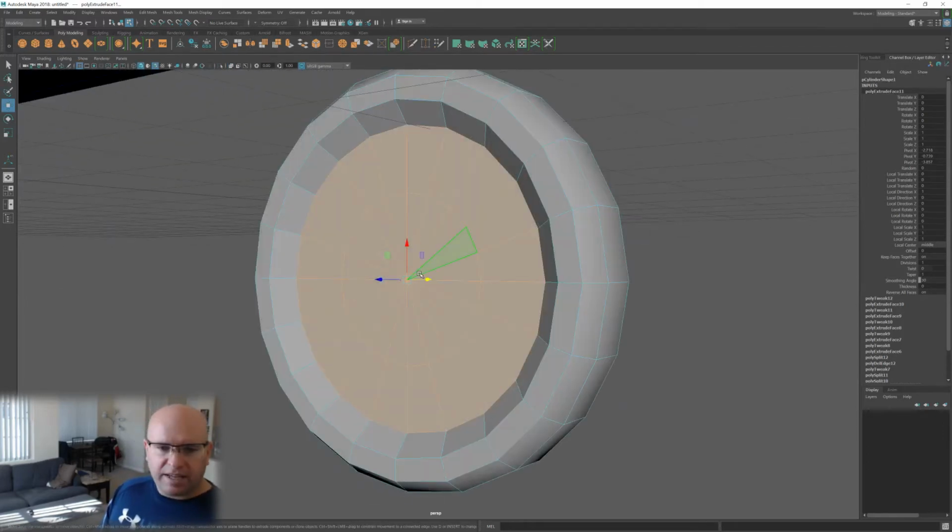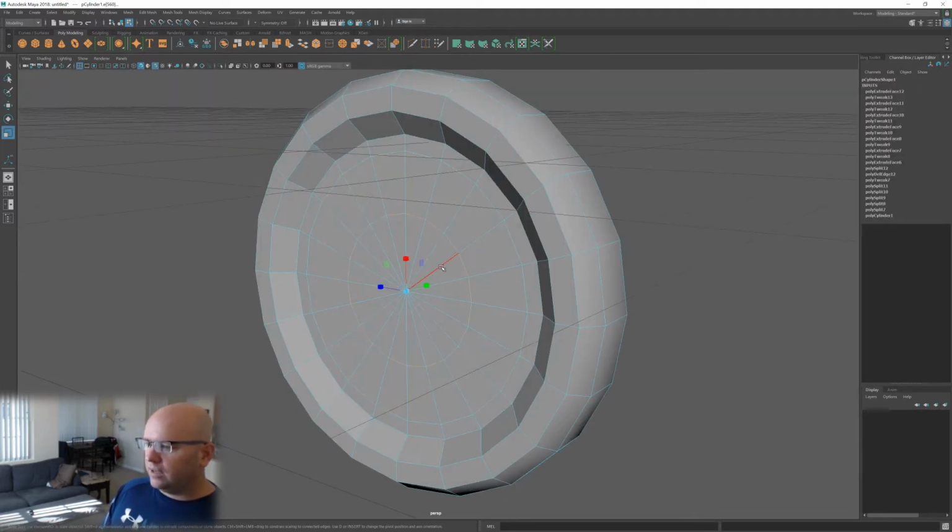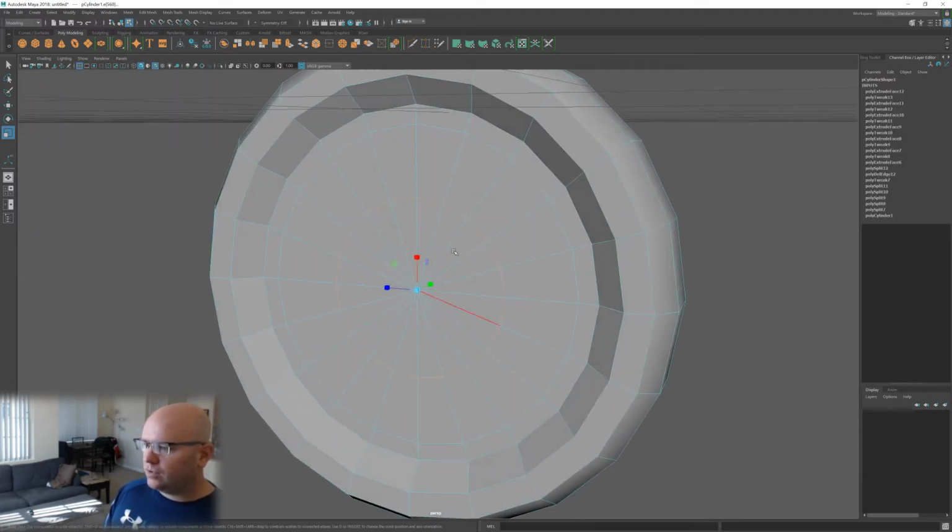So I'll extrude in a bit like that, and then I will, again, shift right click extrude. Hit the scale tool, pull it in a bit, create that sort of flat panel part again. And then again, in fact, no, okay, what I'll do is this. I'll actually shrink my selection. So shift and then the